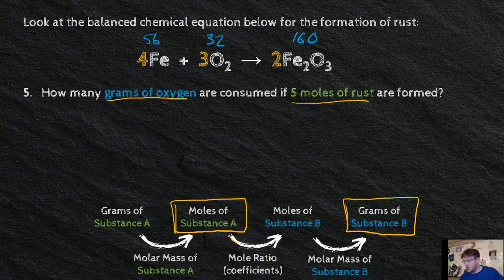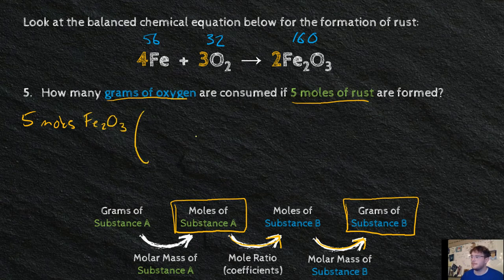What does that mean? We're going to have to do 2 conversions to get there. We need to go from moles of substance A to moles of substance B, and then using the molar mass of substance B, we can go from moles of that substance to grams of that substance. So let's do it, okay? You always start with what you're trying to convert. So 5 moles of rust,